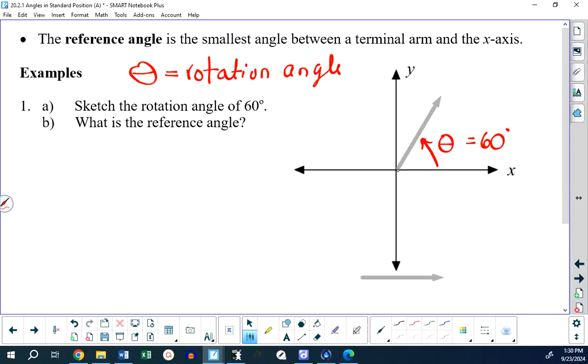Now the question says, what is the reference angle? Well, the definition of the reference angle, and it's right at the top of the screen, is that it's the smallest angle between the terminal arm and the x-axis. Well, this is the x-axis. I'm just in teaching mode. There's no need to draw anything here. So, can I measure an angle between that terminal arm and the x-axis? Yeah, I could. I could measure this angle. That is an angle between the terminal arm and the x-axis, but it's not the smallest one, is it? The smallest one